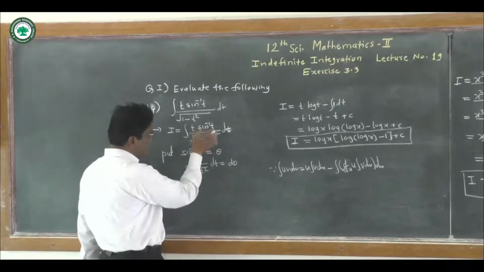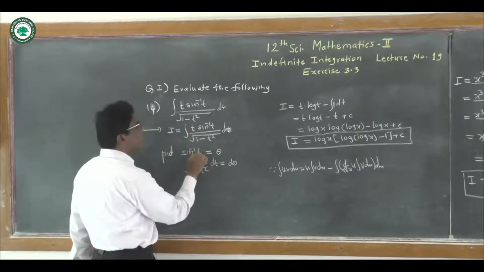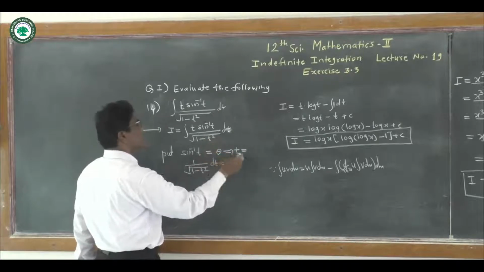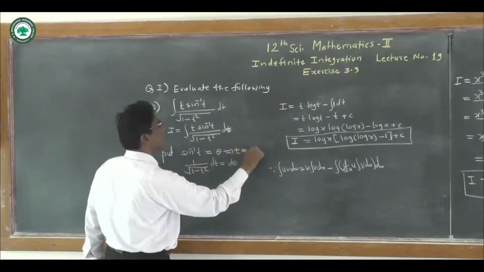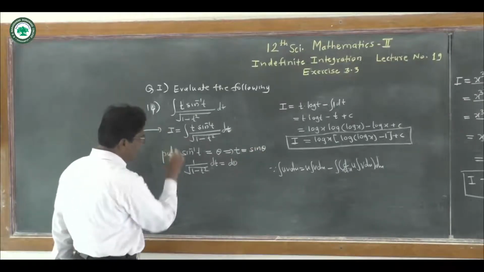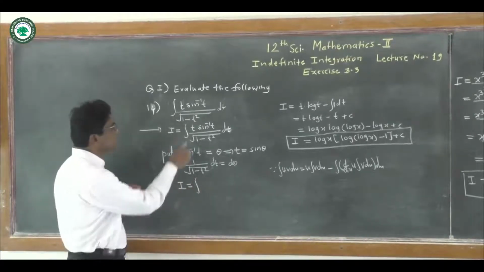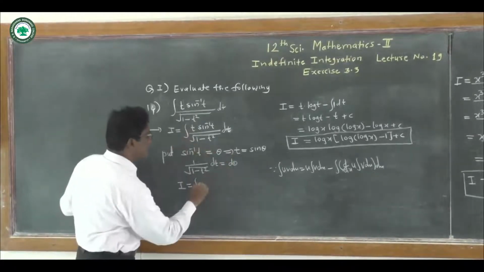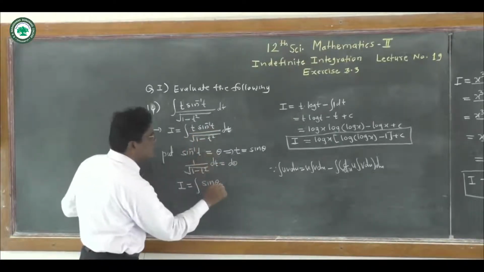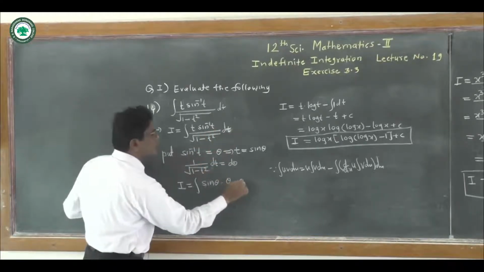And now here sine inverse t we put theta, but what about t? From this equation we get t is equal to, carrying sine inverse to the right hand side, t is equal to sine of theta. From this equation t is equal to sine theta. And now this required integral I becomes I is equal to integration of t as sine theta, t sine theta, and sine inverse t is theta, and 1 upon root of 1 minus t square dt, that is theta.